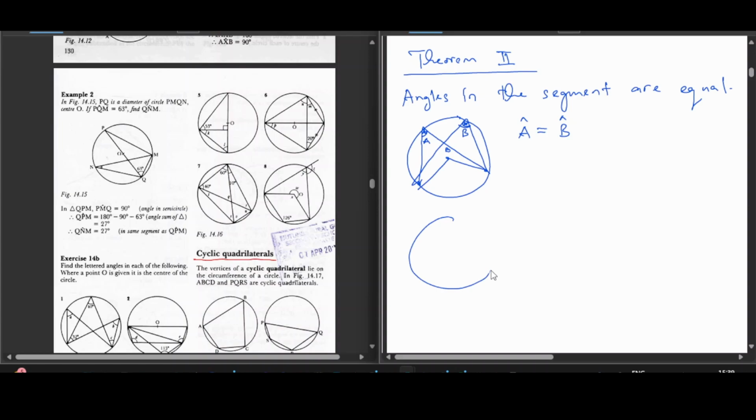We can have angles inside the same segment as a segment yacho iri a minor segment like this. This angle C and D. So C will be equal to D. Very important also. We can have a center somewhere here. And it saka izvi zvakakosha. Mukacherechedza through many examples, you are going to see